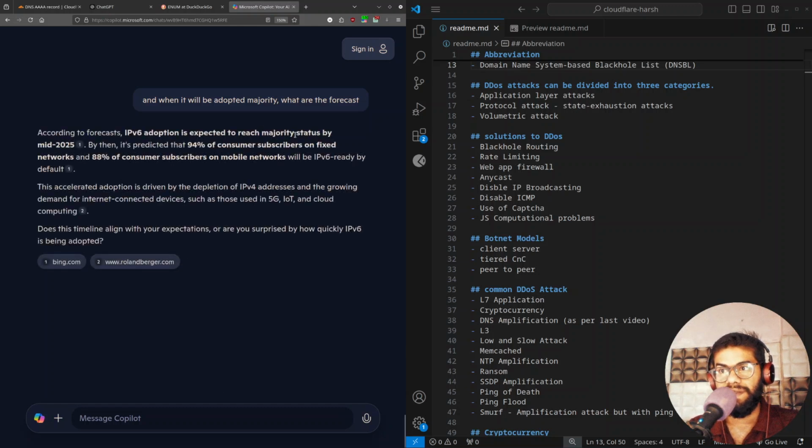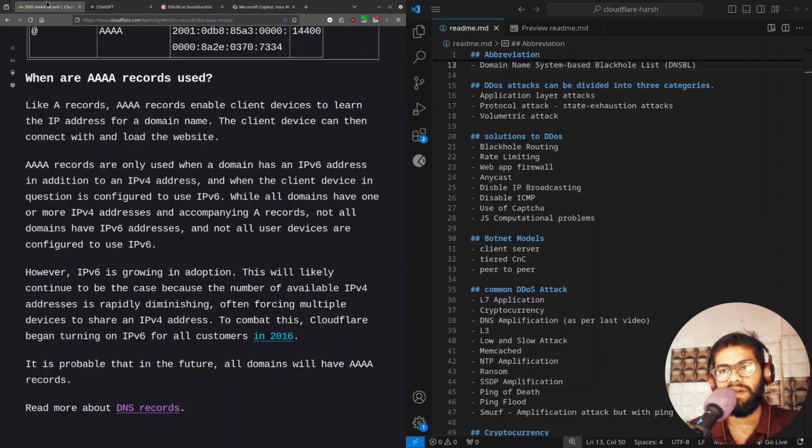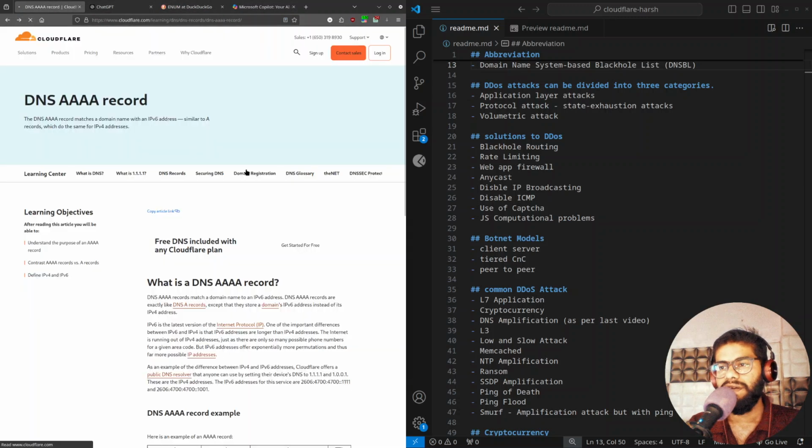It will reach its majority status by mid 2025. By then, it is predicted that 94% of consumer subscribers on a fixed network and 88% of subscribers on mobile networks will be IPv6 ready by default. Okay. And we just have to cover a last topic, which is